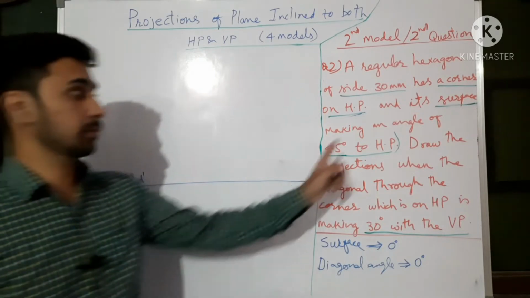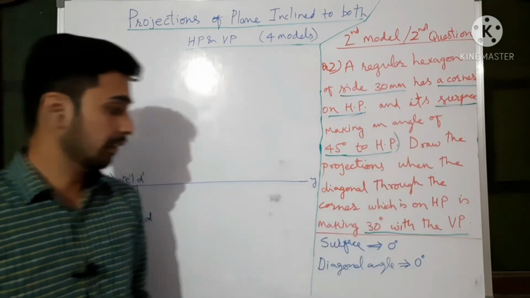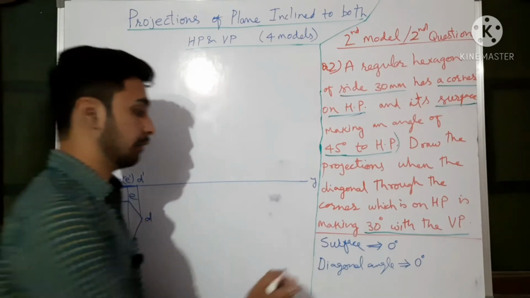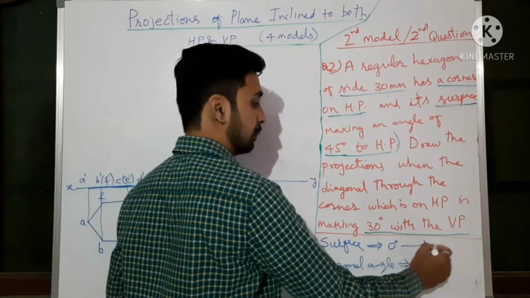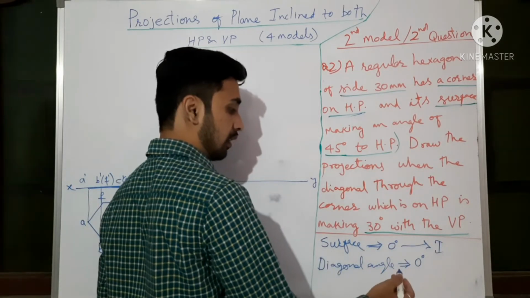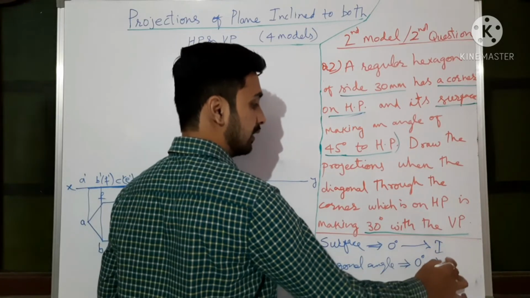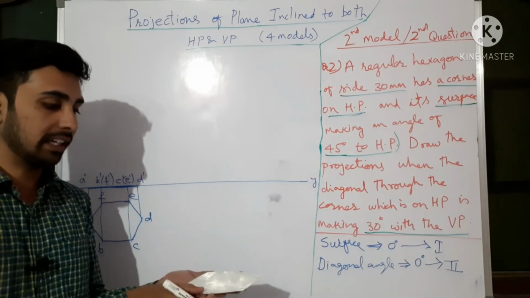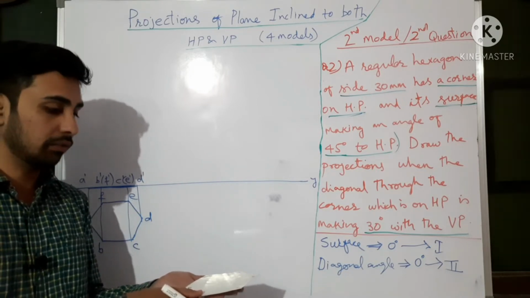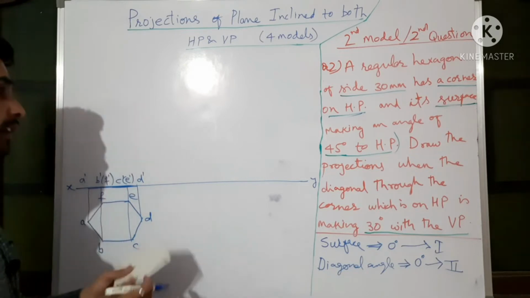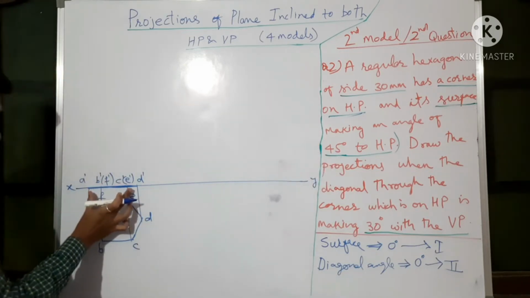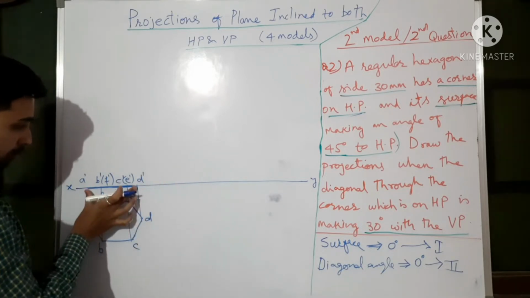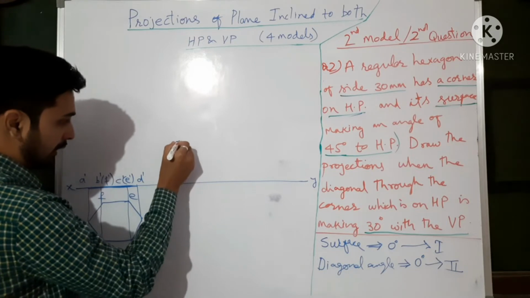Now the surface is making how much angle? 45 degree. Whenever you are restoring the original angles from the assumed ones, always give surface first preference, and edge or side or diagonal second preference. So surface angle, now it is 0. We will restore it to the original given in the question, which is 45 to HP. Measure the surface length, and the same length is to be drawn at 45 degree.